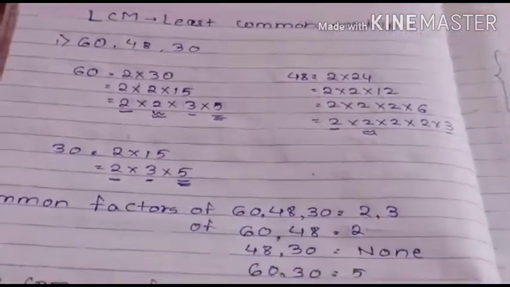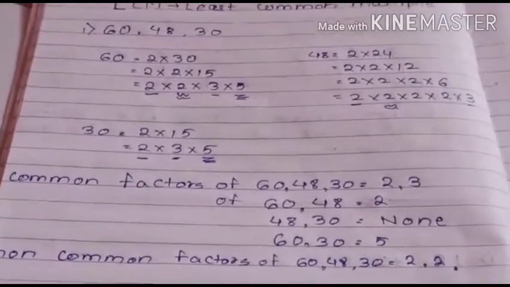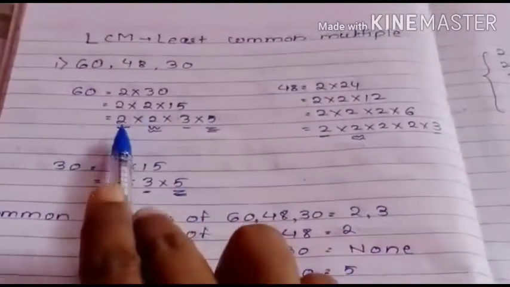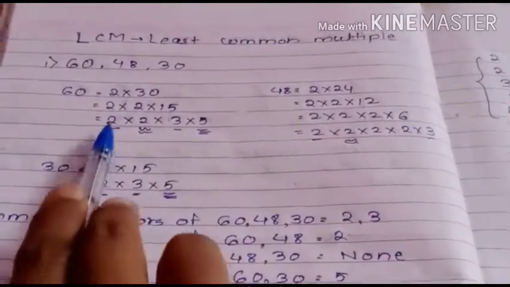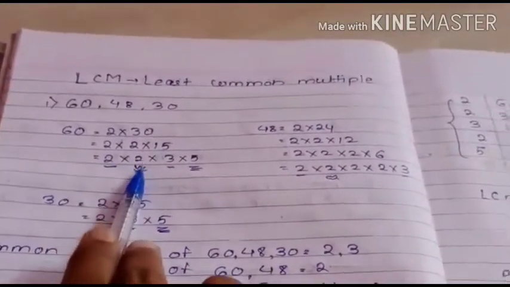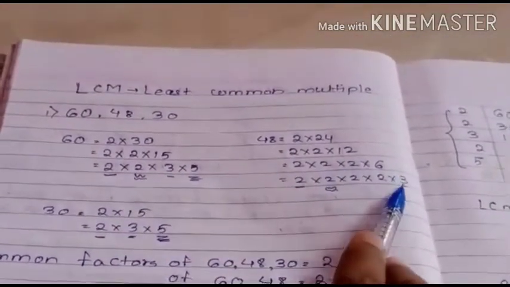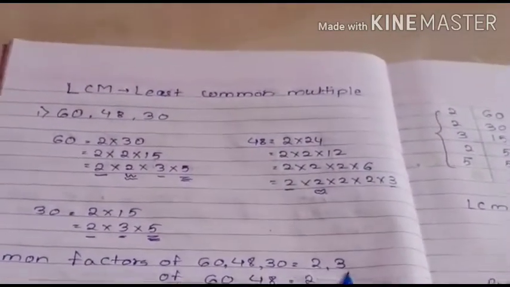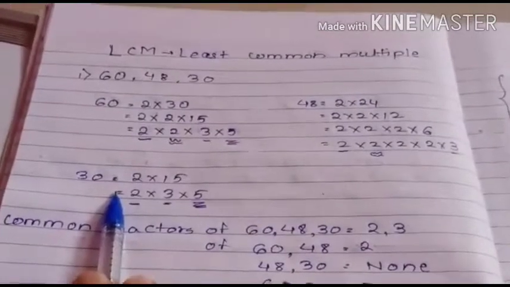Now when you are finding the LCM, as I said earlier, we have to take both common and non-common factors. So which are the common factors of all 3 numbers? 2 is here, 2 is here also and 2 is here also. So I denote it by a single underline. Now next, which is common? Here 2 is there, here 2 is there, but here 2 is not there, so we can't take that. 3, here also 3, here also 3. Yes, I can take. So which are the common factors? 2 and 3.